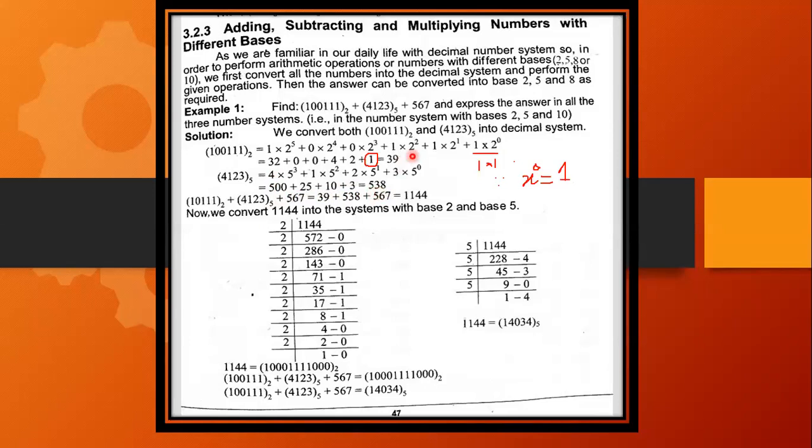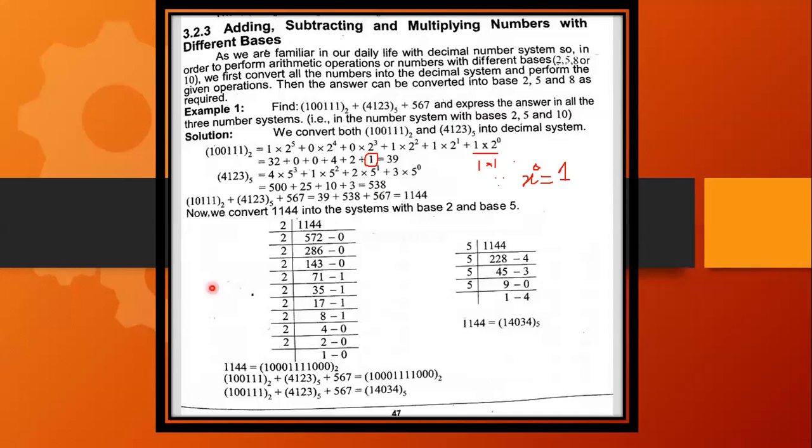As you can see, the last term is without any base. The last term is without any base, so we are not going to touch that or convert into decimal system because that is already converted. Is this clear till here? So I can move on. Chat box is open. You can reply to me. Guys, is this clear?